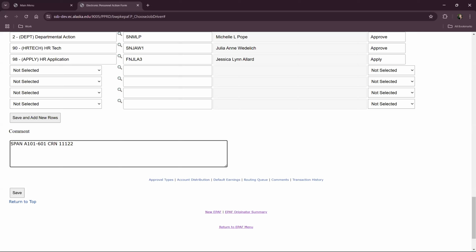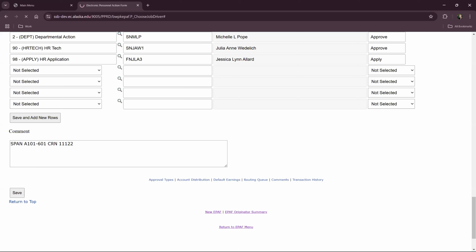It's also recommended that if you're paying above scale, you can note what the total salary is as well as the biweekly. So earlier we used an example of $5,000 for the class, which is above scale. You could note the total salary of $5,000 in this comment box, as well as a biweekly of $500. And again, this would assist your department approver as well as personnel in matching to the appointment letter.